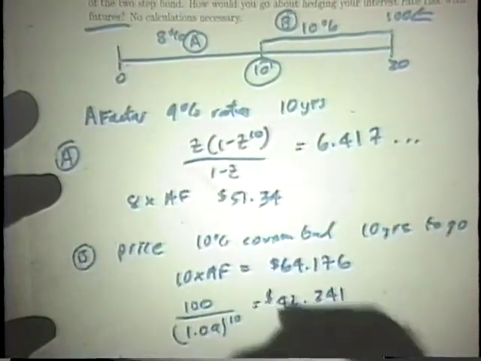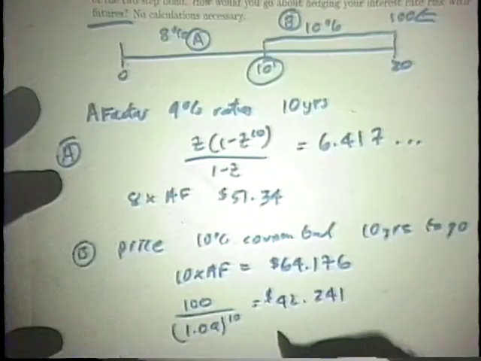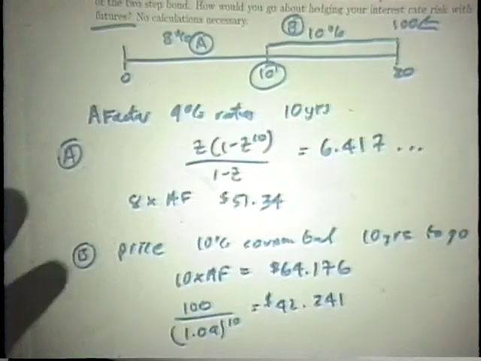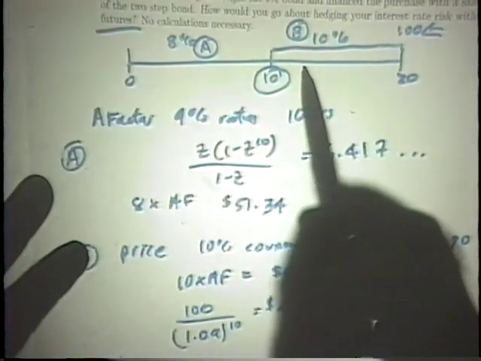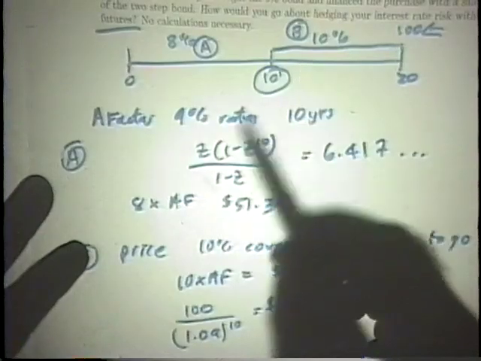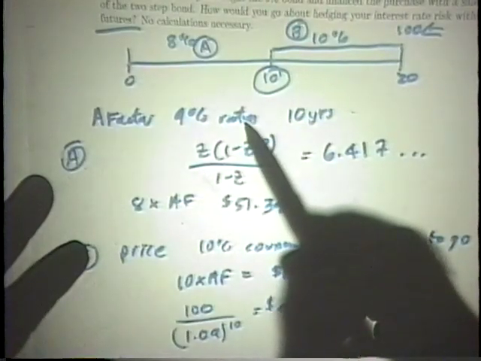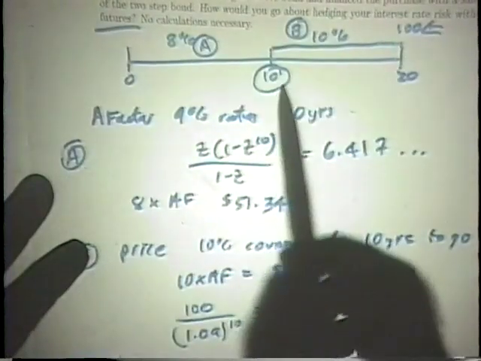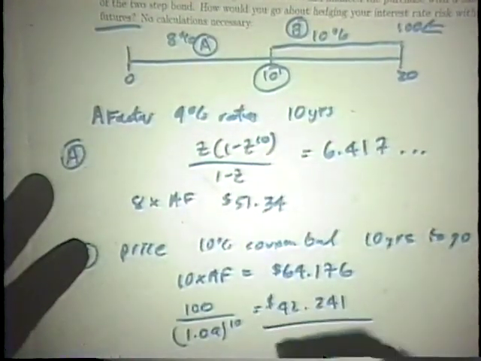42.241. Why would you discount for 20? Because I'm doing this exercise to price the 10% coupon bond in year 10. You're eventually going to discount that back. You bet. Also, so good point. Just to make it simple, I'm pricing a bond in year 10, and that's going to equal